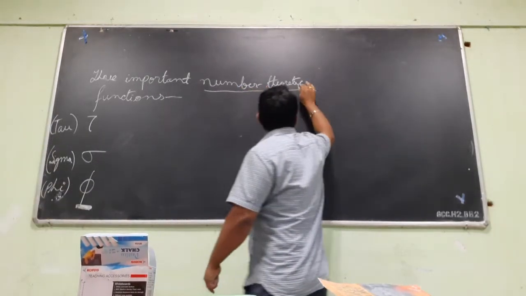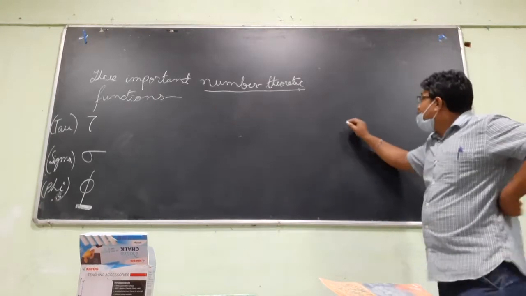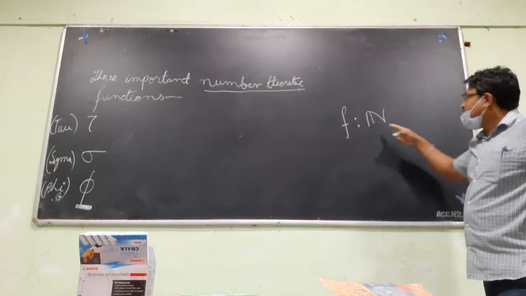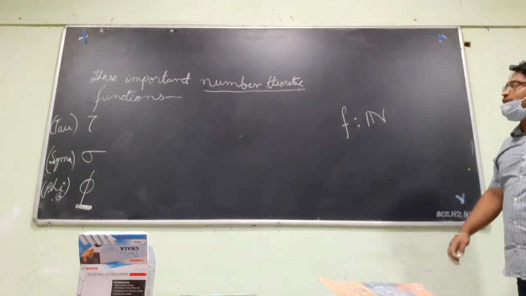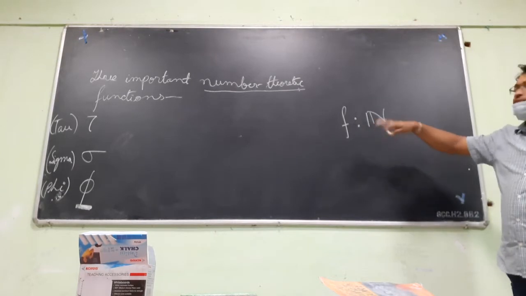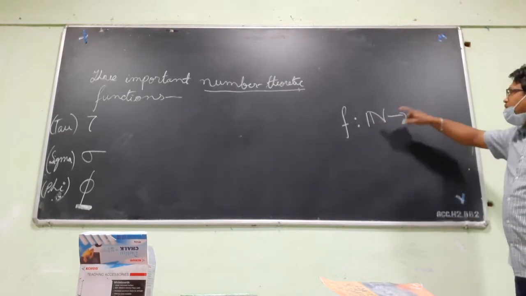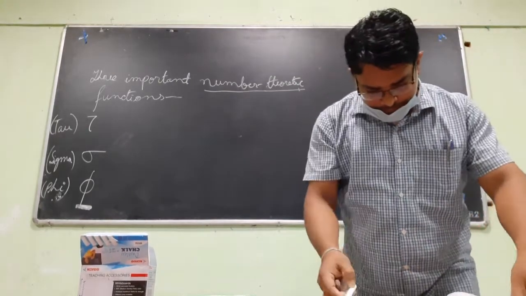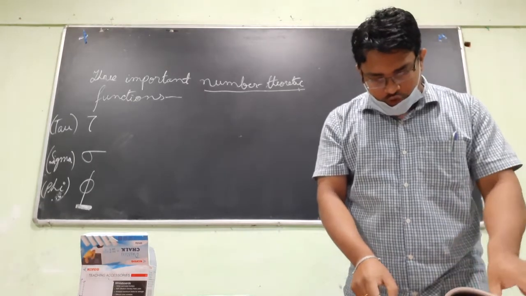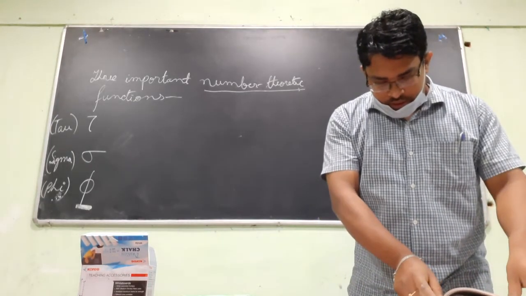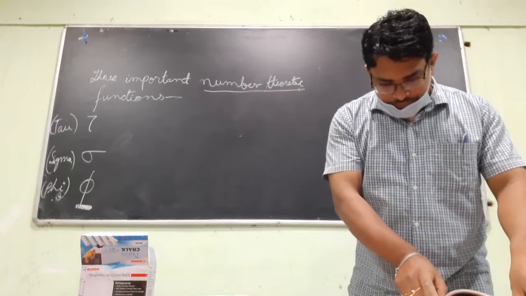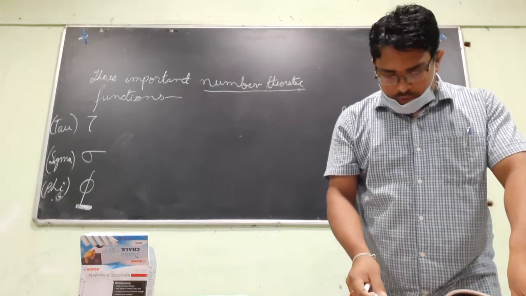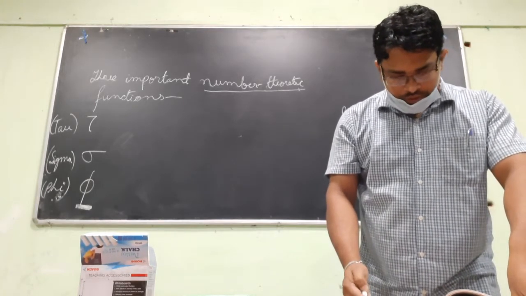What do you mean by number theoretic? In the last class I had done function. So any function which has a domain as the set of natural numbers, or a subset of natural numbers, f from N to something, is called a number theoretic function. Any function whose domain of definition is the set of positive integers is called a number theoretic function, although the value of a number theoretic function is not required to be a positive integer or even an integer. Most of them are integer valued.